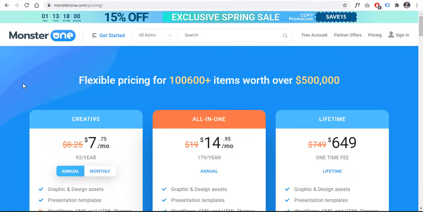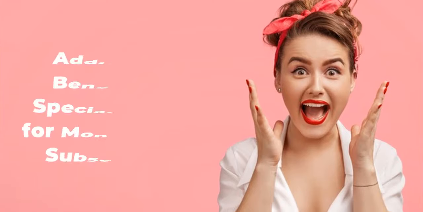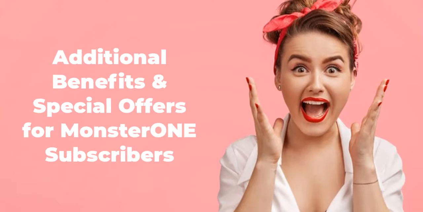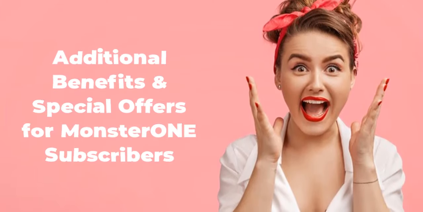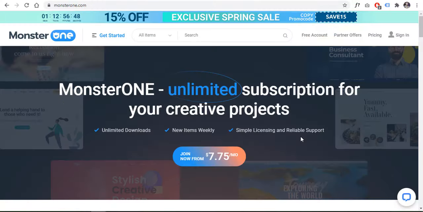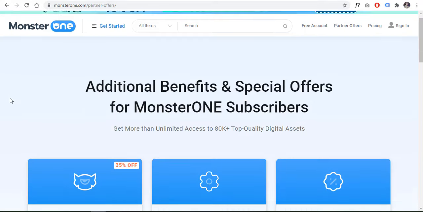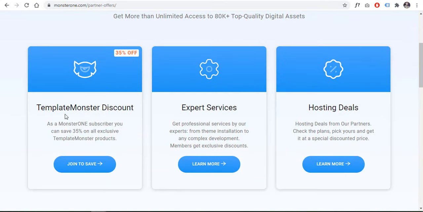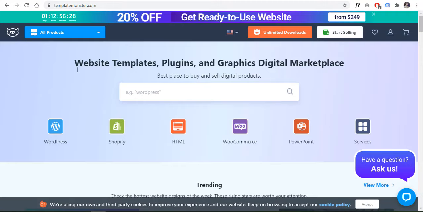Now we can have a look at the additional features that you will get after subscribing to any of these plans. Once you have subscribed to any of the subscription plans of Monster One Marketplace, you get some additional benefits and discounts, which can be seen here on the partner offers page. The first one is the Template Monster Marketplace discount, where you get 35% off on all exclusive products.